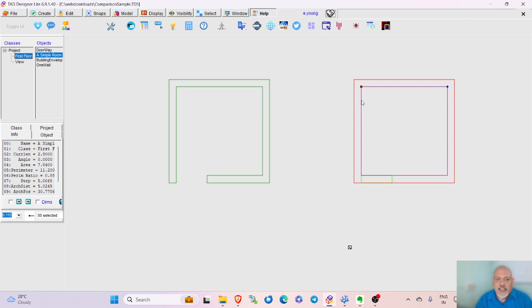So this is just an introduction to TAD. There are many different things which TAD does. TAD is not a drafting software. Don't look at it like a drafting software, but it has got aids for drafting. You can export section lines. You can export dimensions. You can export the model itself. You can export parts of the model and then work on your CAD files.